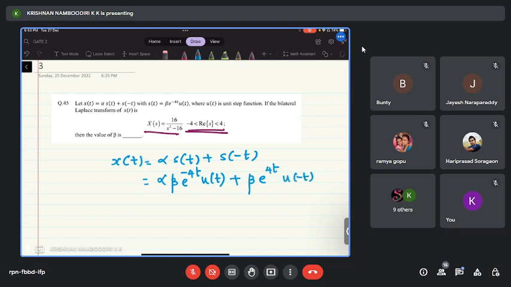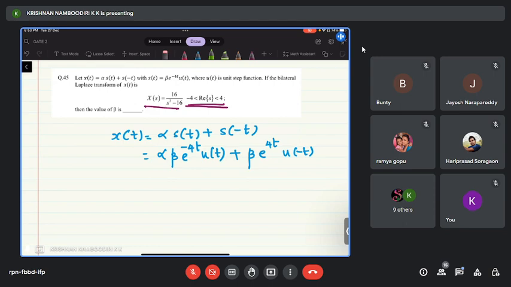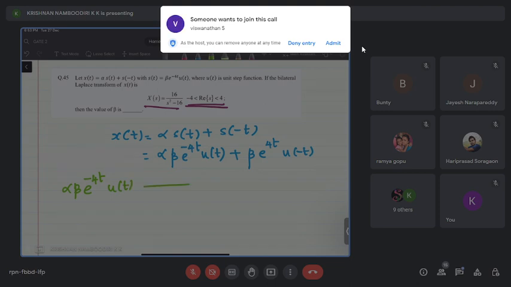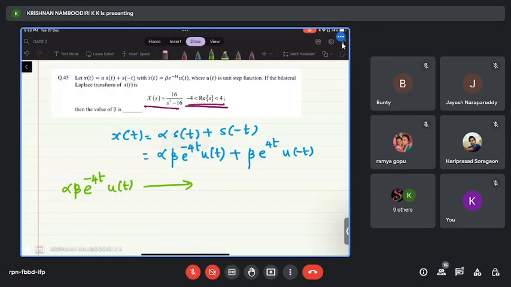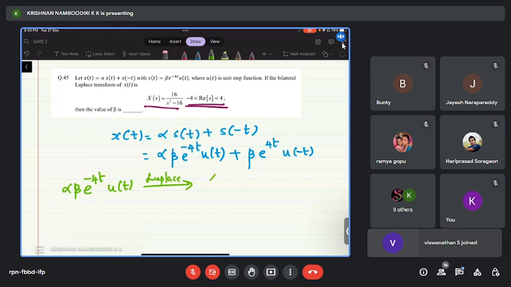So far so good. Now let us take both these signals separately. Minus 4t u of t. What is the Laplace transform of this? Laplace transform. This is equal to alpha beta divided by s plus 4. Correct? And the ROC is nothing but